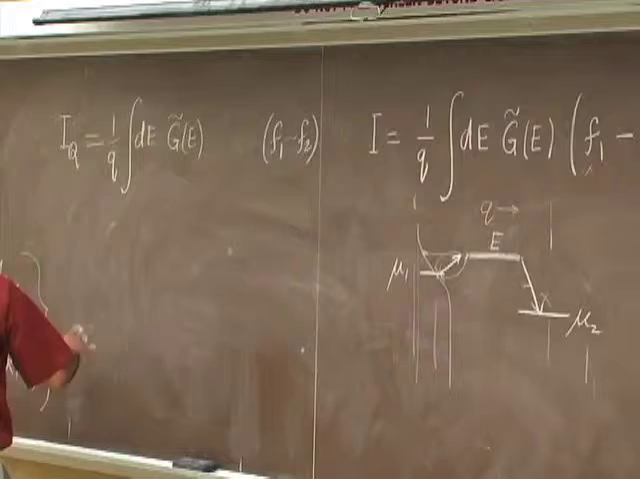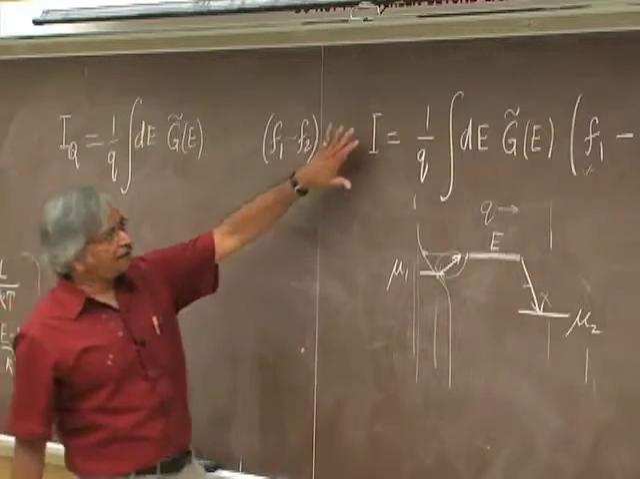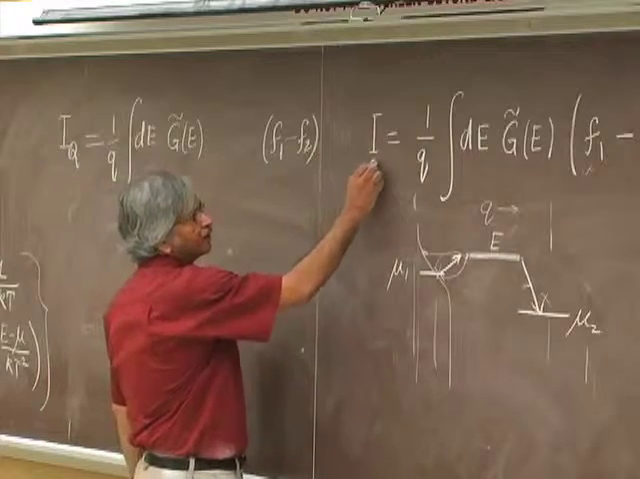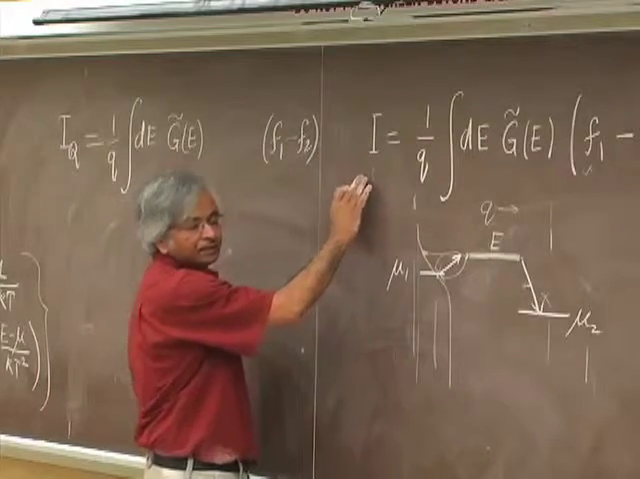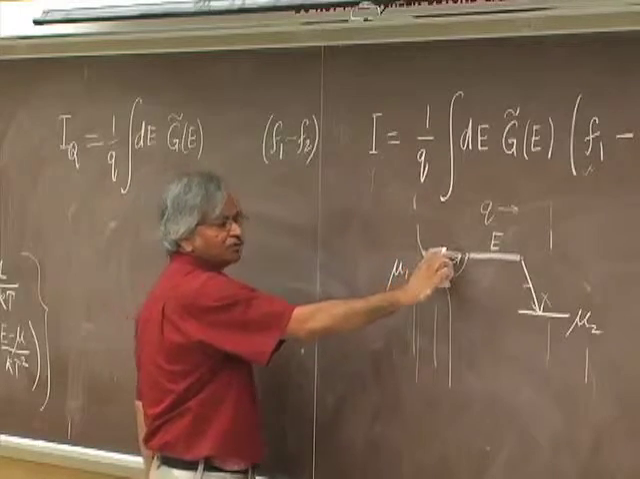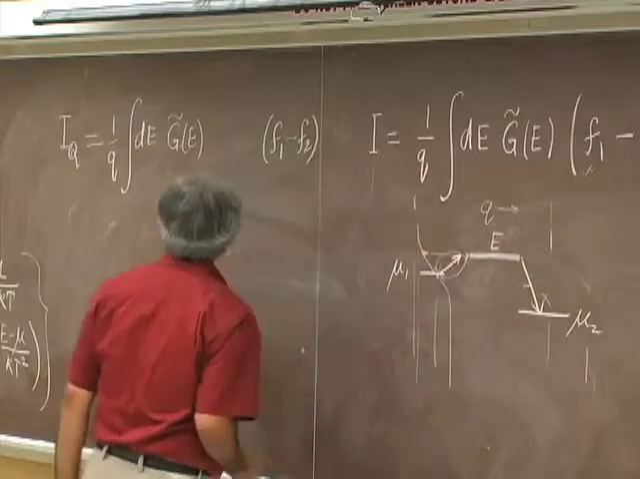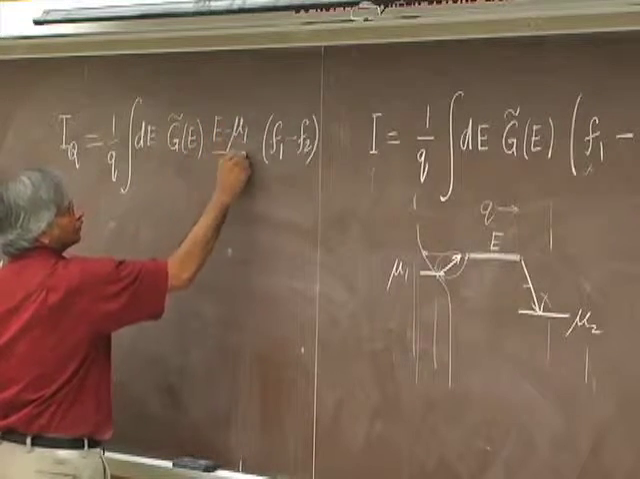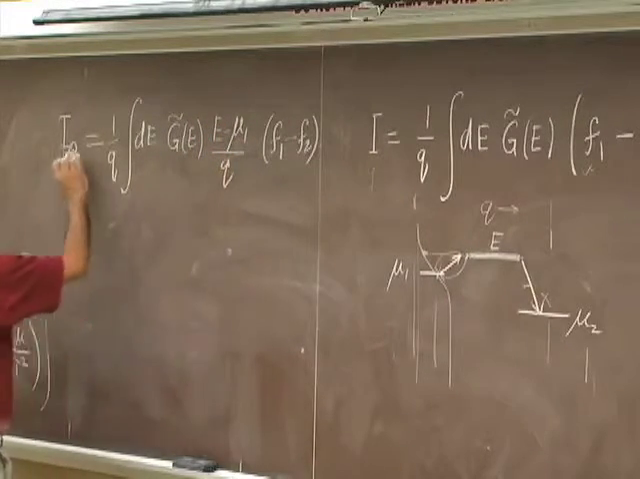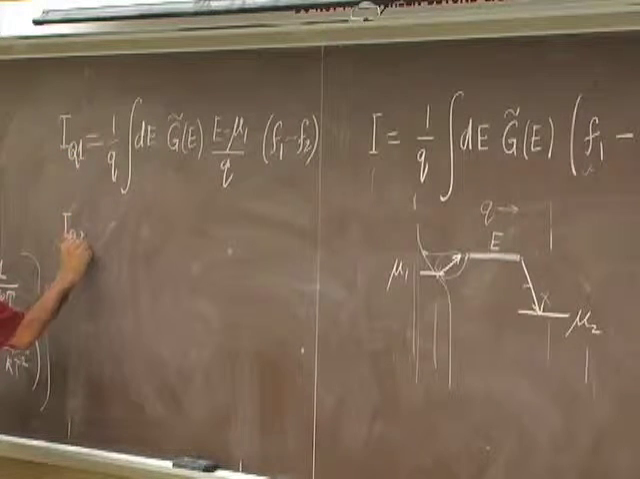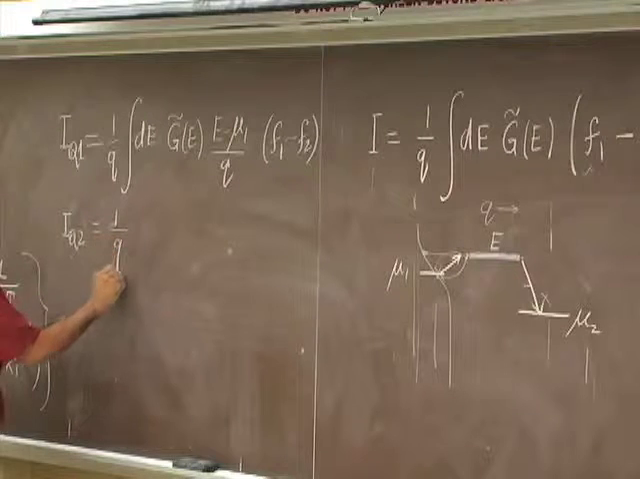So we had an expression for I. If I wanted the rate at which electrons go through, then I should have divided by a Q. That would give me the rate at which electrons go through. And then every time an electron goes through, it removes that much heat. So what I should do is put a E minus mu1 over Q here, if I'm writing the heat current at contact 1. If I'm writing the heat current at contact 2, I would write just the